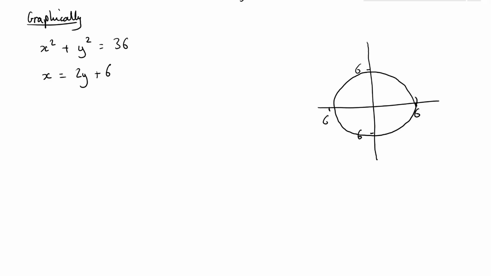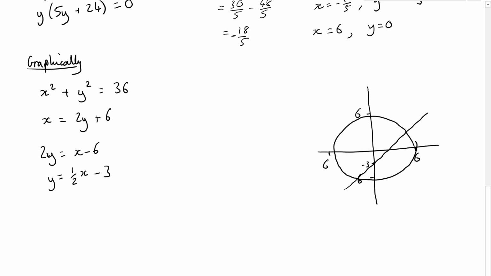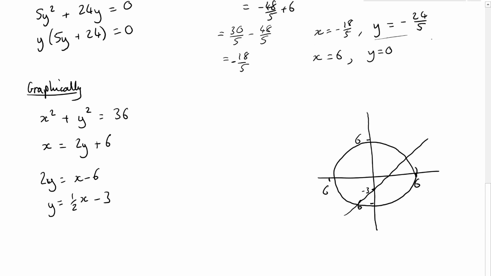And then from there we'd have to change the form of this equation, so we'd minus the 6 across, so 2y is equal to x minus 6, and then divide by 2, so y is equal to a half x minus 3. So if it's going to pass through minus 3 and it's going to have a gradient of a half, it's going to go through like this roughly, and you'll find that when we look at our solutions, this coordinate here is going to be minus 18 over 5, minus 24 over 5,